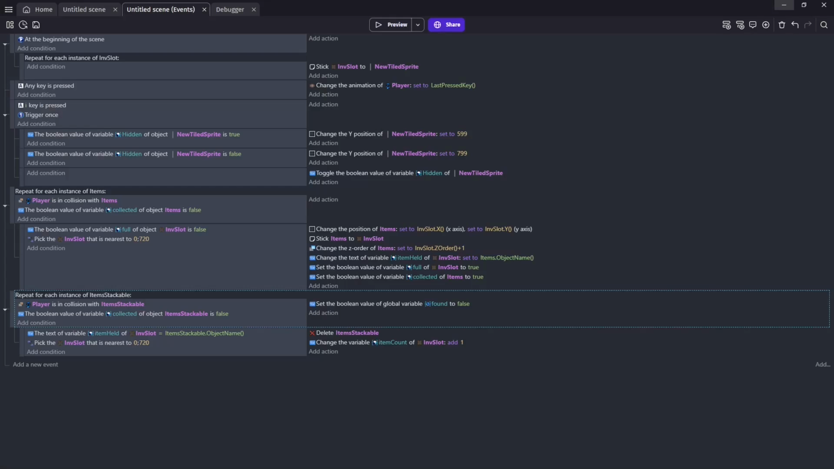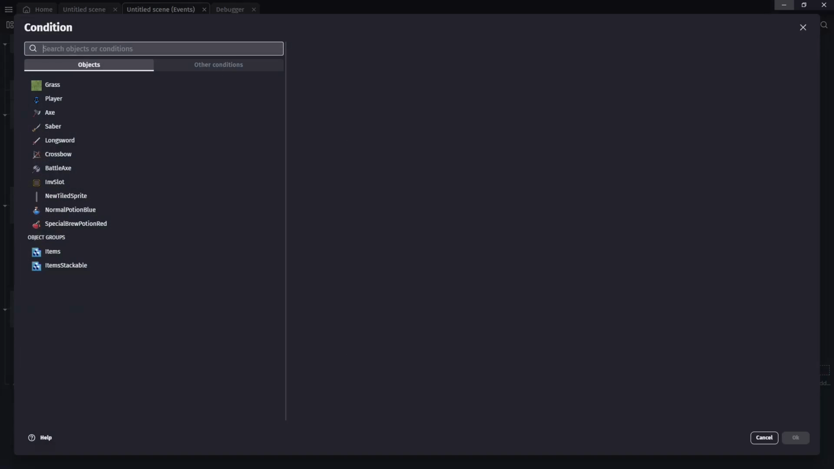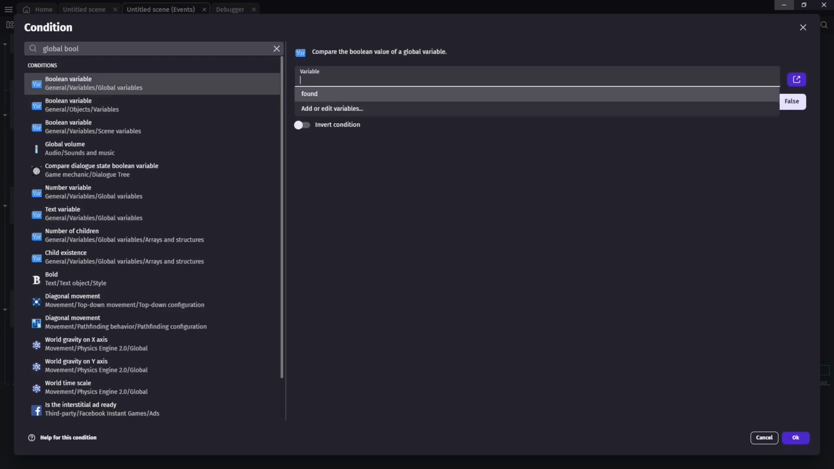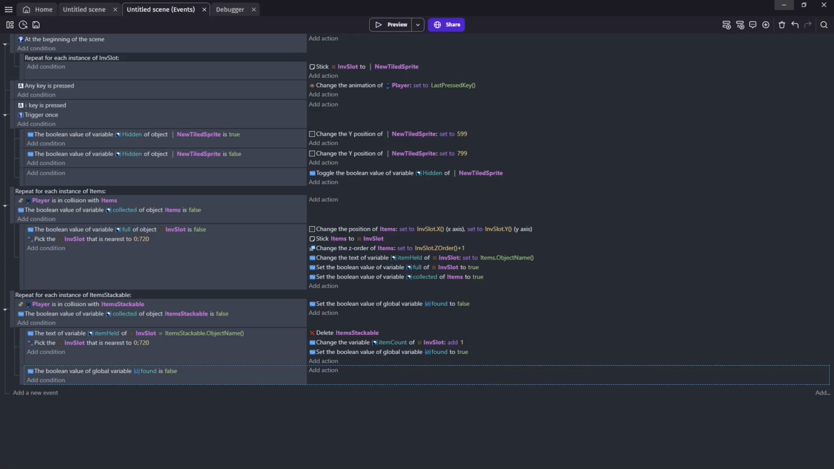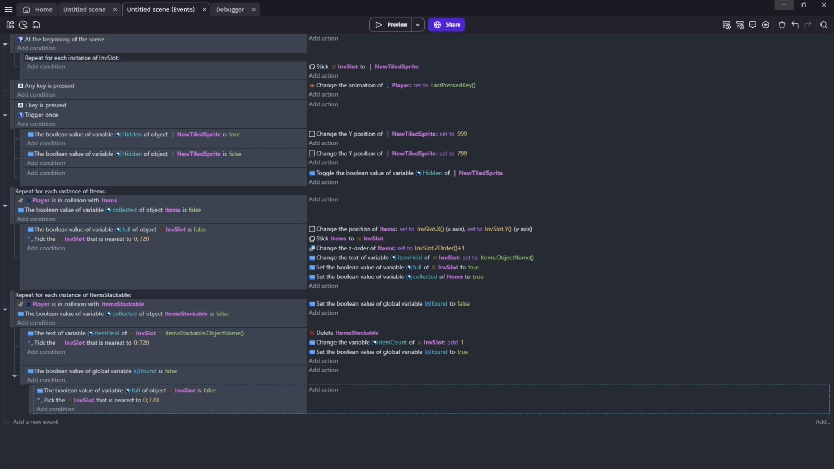And then if the conditions we just made are true, we'll set it to true. Then next in our new condition, we'll check if that found variable is false, and this will stop people from going into both events. Which means this event will only work if we do not already have that item in our inventory. And this will act again a lot like our previous items,